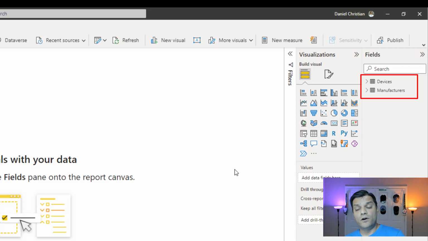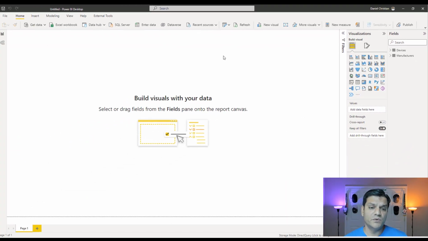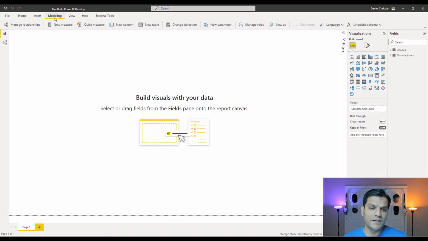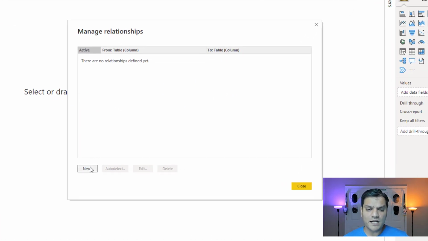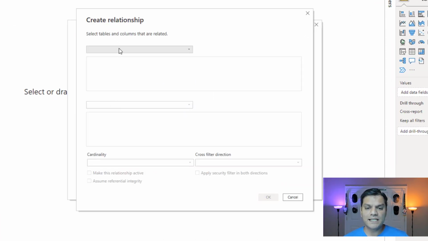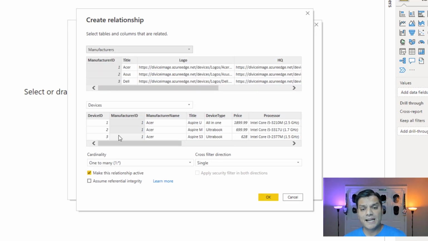Now, before we move forward though, I'm going to be setting up a very simple table, a simple report. So I've got to make sure I've got the relationships between the two. And for that, I've got to go to modeling. And in the modeling, I've got to click on manage relationships. Right over here, I'm going to click on new, and I'm going to say that I need to do it for both of them. So I'm going to keep the manufacturers on the top,